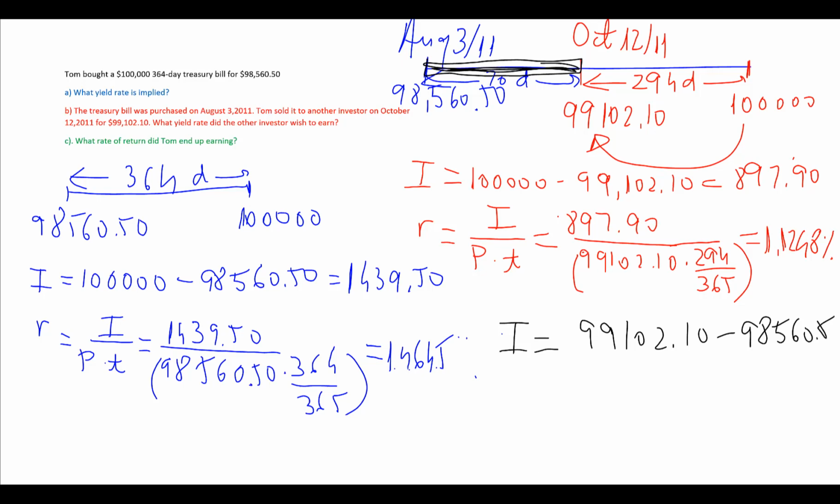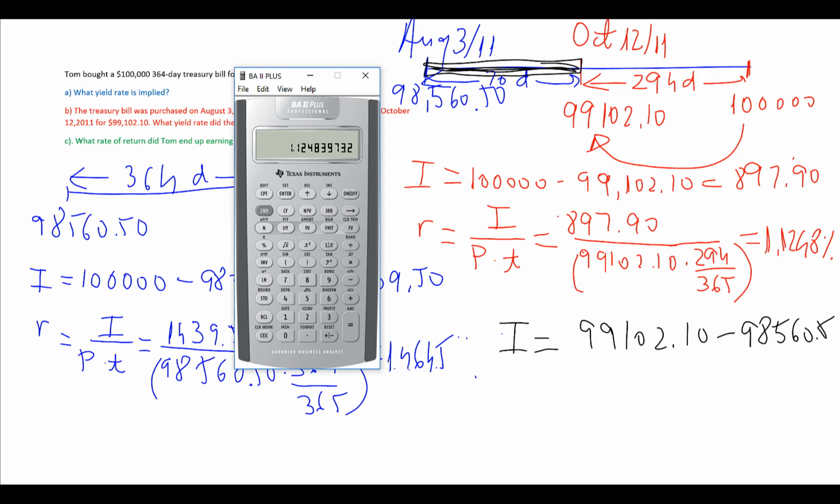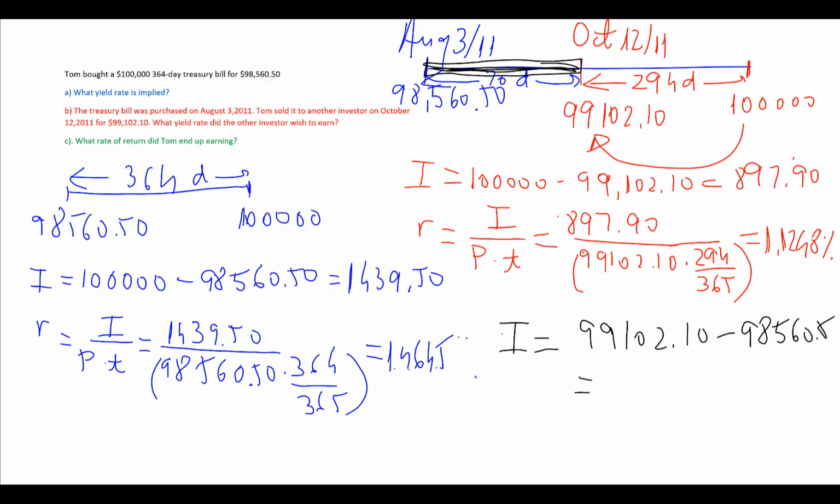So we calculate this return. So it will be once more 99,102.10 minus 98,560.50. So it will be an overall return of $541.60. And his rate of return will be